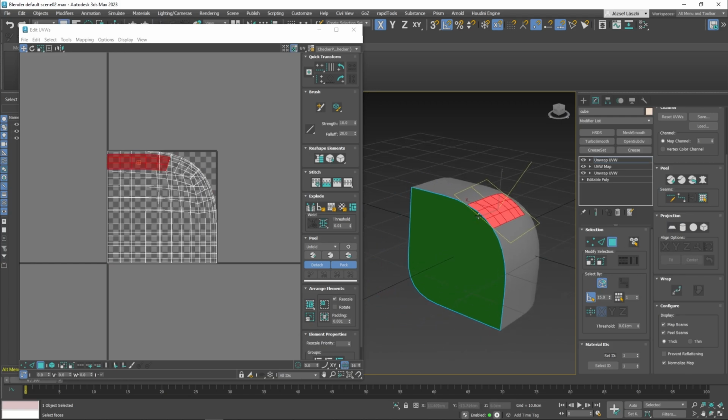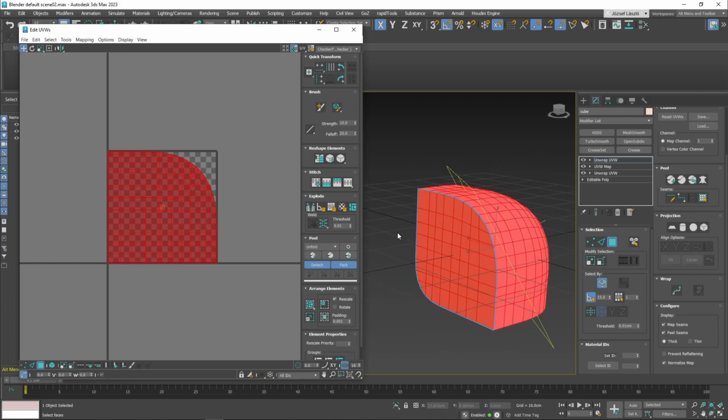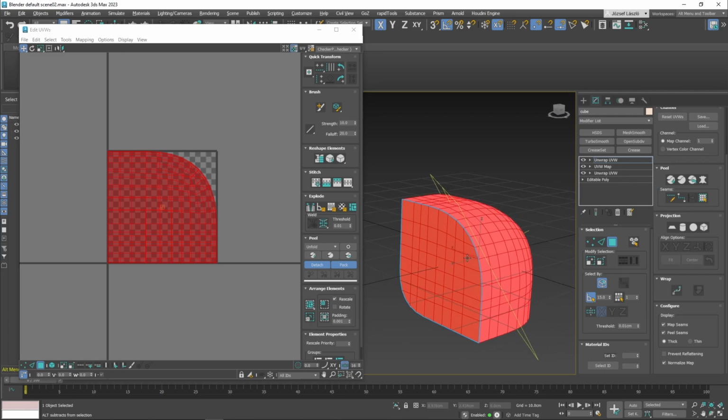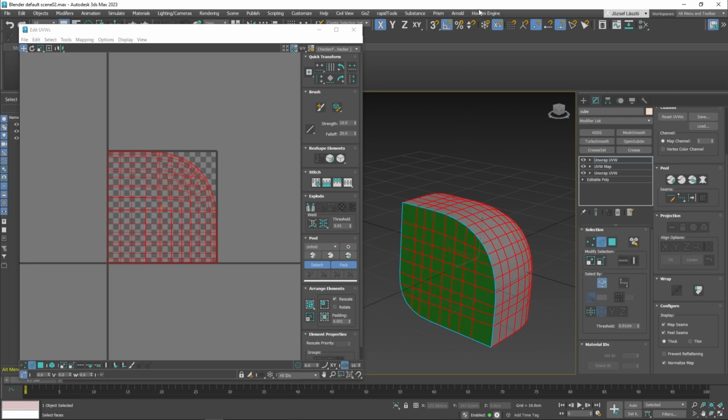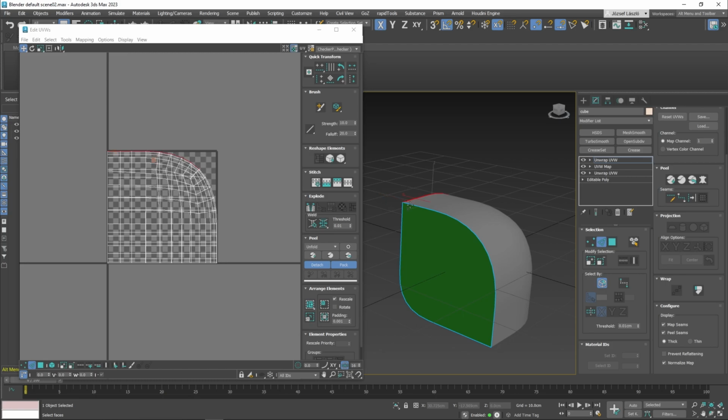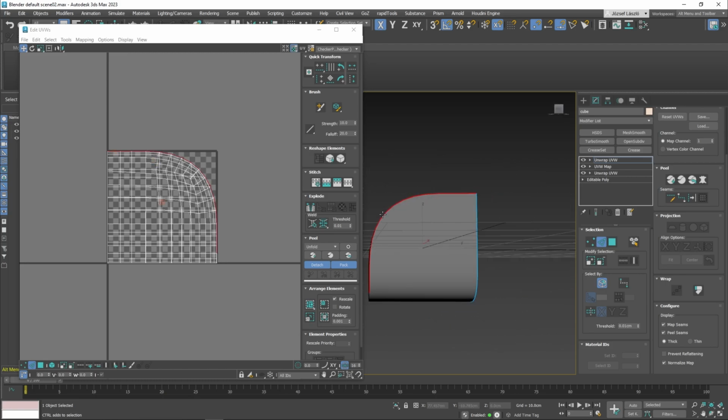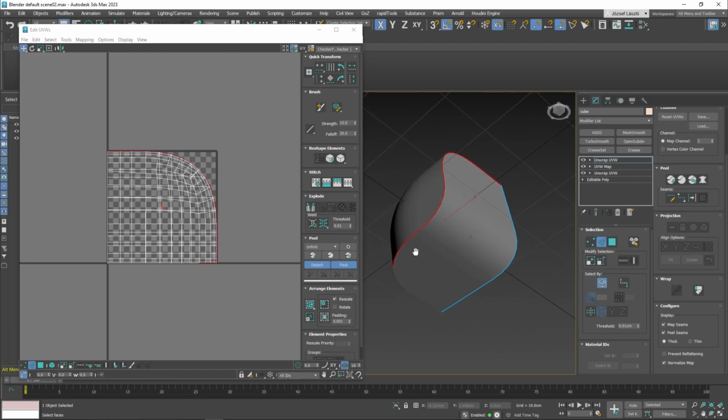Now, let's say I have something crazy like this. This sadly doesn't work like edges do in Maya or Blender. So if I want to select edges, for example, and map like this,